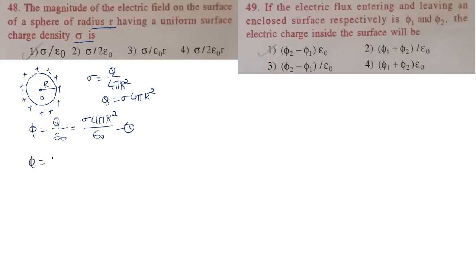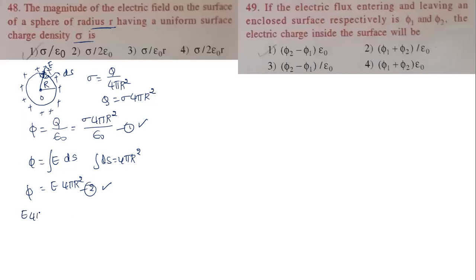Then we know the flux formula, that is the integral of E dot dS. If I take a small area here, this area is dS, and the electric field is in the outward direction. The area vector is in the same direction. Then the integration becomes E into 4 pi r square, because the integral of dS is just 4 pi r square. We want the electric field on the surface itself, that is the reason I am taking 4 pi r square. So this is flux, equation 2. Look at equation 1 and equation 2. The left hand side is the same. We need to compare the right hand sides.